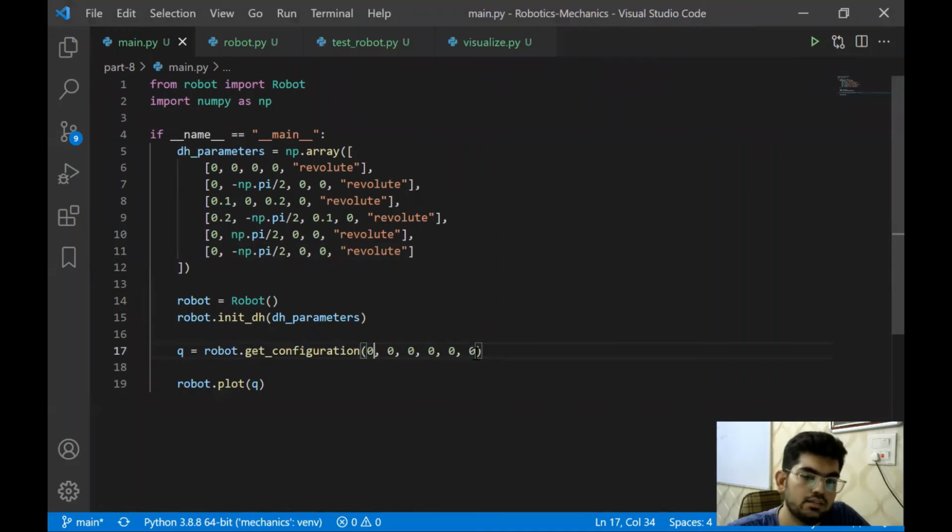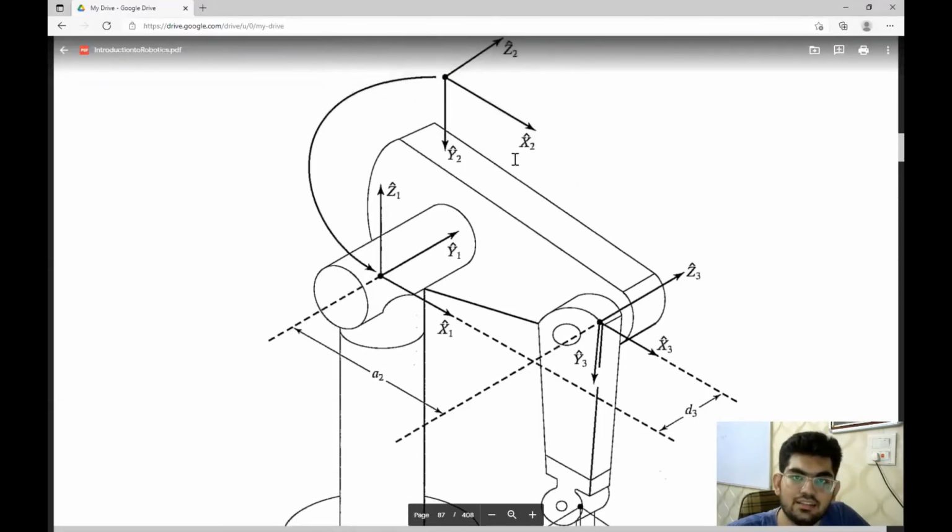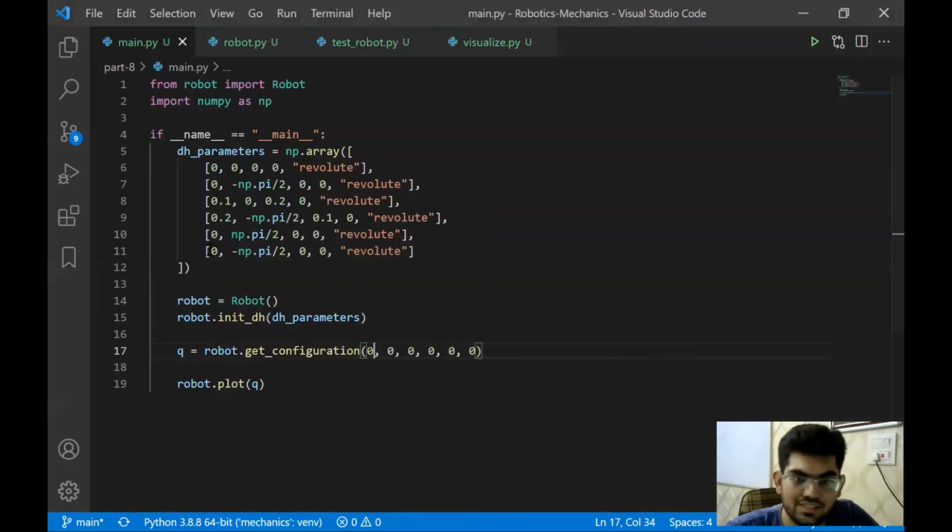Let's just try some value. Okay, let's do one thing. In this robot, we can rotate this second value, so it will just form like an arrow above, and we can do something like this, some kind of configuration like this. Let's try that. Let's see how that goes.